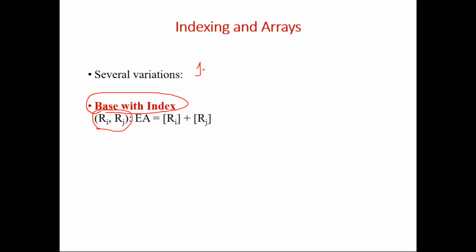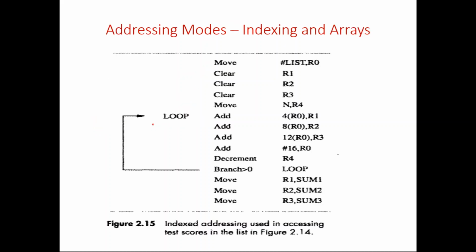The basic version is called index addressing mode, where one value will be specified as a constant and one through a register. Whereas in base with indexing mode, both values can be specified through registers. Here you can see one is a constant and one is a register. But if you modify this instruction, instead of this, if I write R6 comma R0,